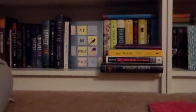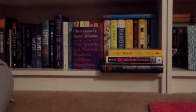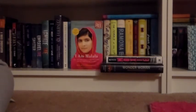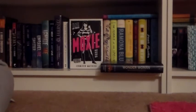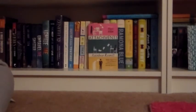the Bright Places by Jennifer Niven, Every Last Word by Tamara Ireland Stone, Dear Ijeawele, or A Feminist Manifesto in 15 Suggestions by Chimamanda Ngozi Adichie, I Am Malala, The Girl Who Stood Up for Education and Was Shot by the Taliban by Malala Yousafzai, Moxie by Jennifer Mathieu, Wonder Woman Warbringer by Leigh Bardugo, Attachments by Rainbow Rowell, The